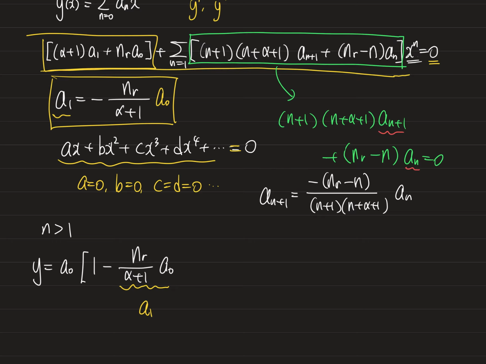And if you want to obtain a2, then you can just put a1 here. So n, you can just put 1 instead of n here. Then that will give you a2. So structure of a2 is nr, 1 minus nr, divided by 2 alpha plus 1, alpha plus 2,